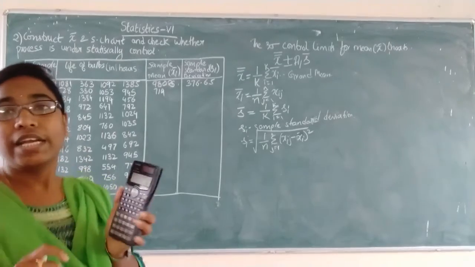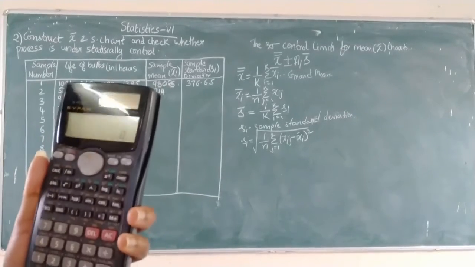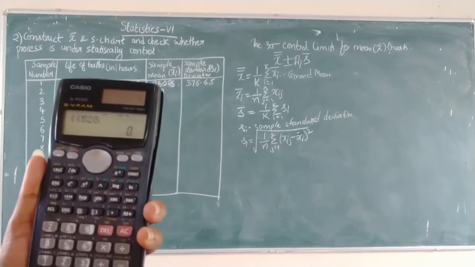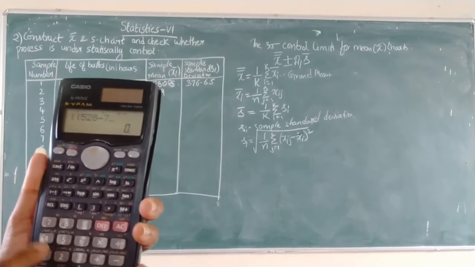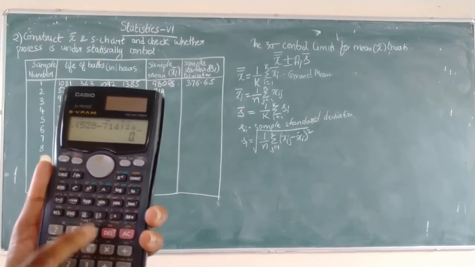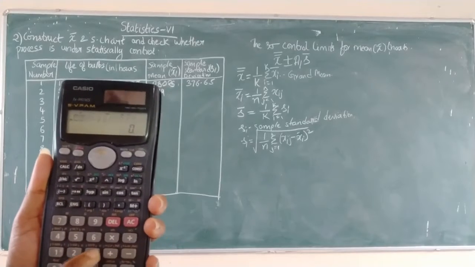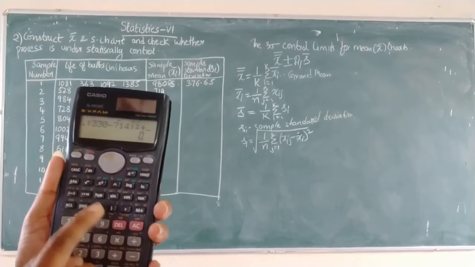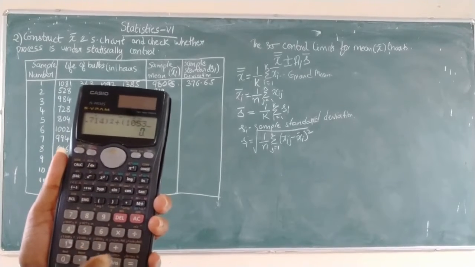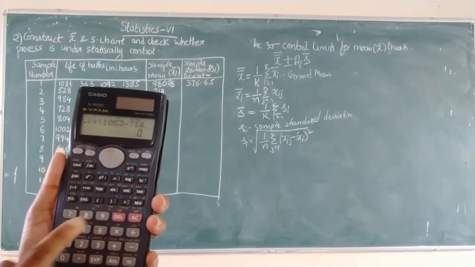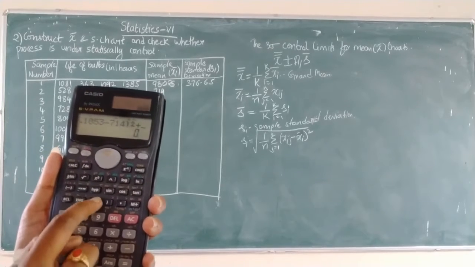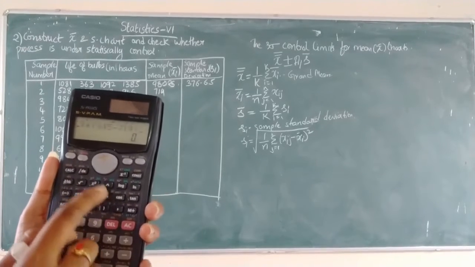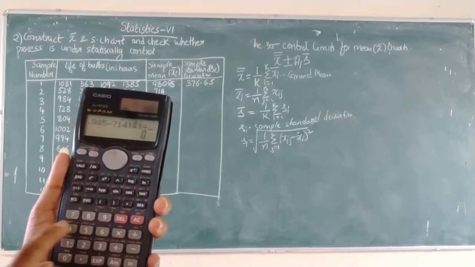Now we will find the standard deviation for the second sample. I will show it for the two values remaining. You all try to calculate it. Next, 528 minus 714 whole square plus, what is the second value? 330 minus 714 whole square plus third value 1053 minus 714 whole square plus the last value 945 minus 714 whole square. Close the bracket, divided by 4.